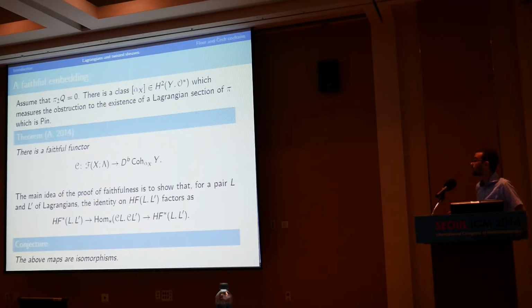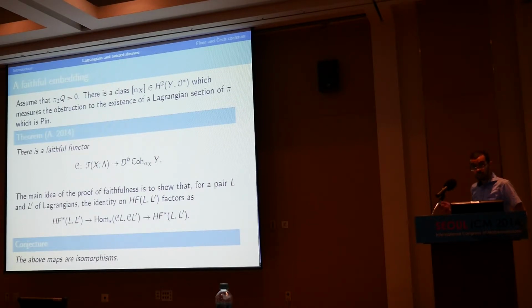And moreover, I can do something more, which is I can take the Floer cohomology group of a pair, that's some morphisms in here, and I get a morphism of sheaves on this side. That's this map here. And this map satisfies some good properties, it's compatible with multiplication and so on.